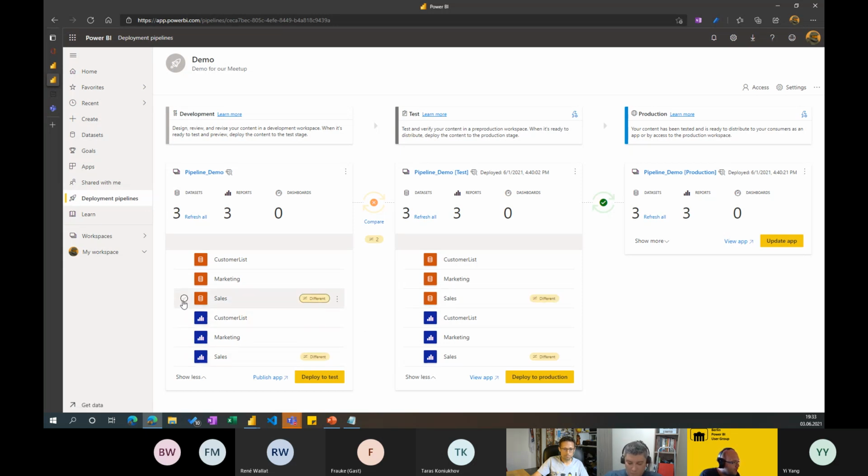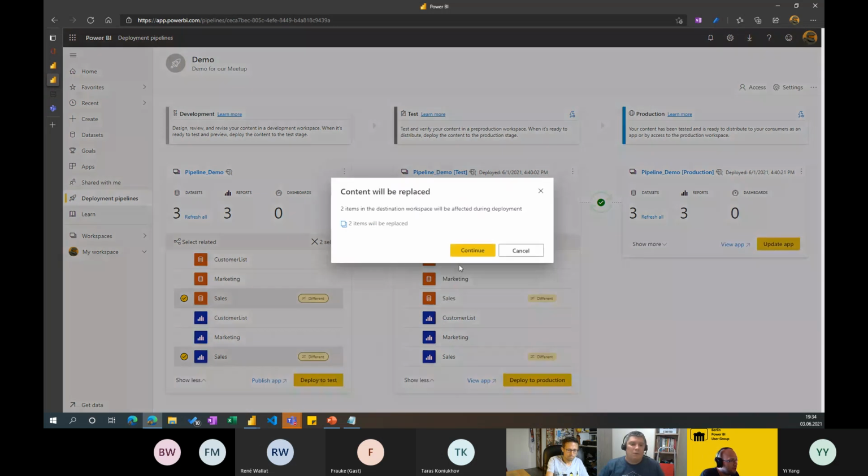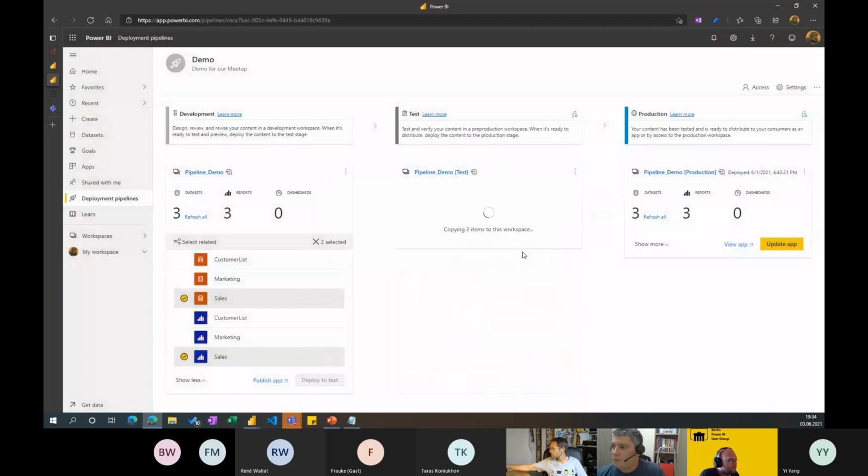what is different. And now I have the nice option to also only, for example, deploy these two and not touch the other one. So if I know it's okay that these two stay out of sync, then I don't have to deploy this to the other stages. And then I will do deploy to test, continue. And of course, here you saw it was green. So test and production, of course, were still in sync because there was